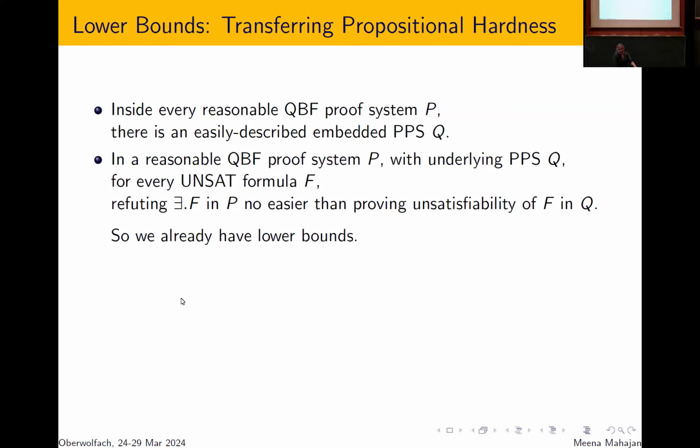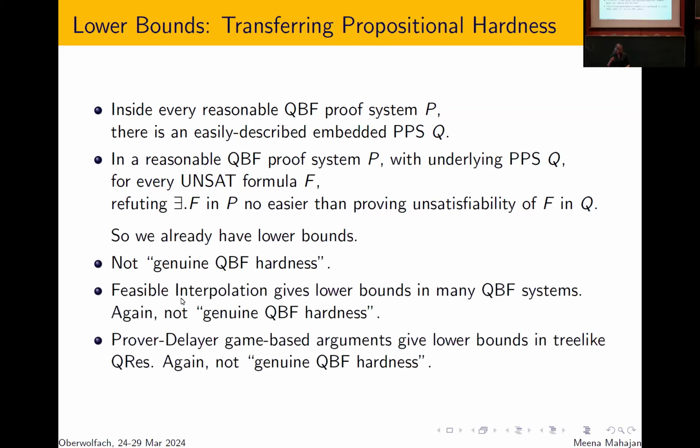Okay, so we already have these lower bounds, and in some sense, these lower bounds are not interesting. These are lower bounds which are coming from purely propositional hardness, and we want to understand where QBF is creating things that are hard. So the parts which are hard because of propositional hardness, we would like to think of this as in a real world system which has access to a SAT solver, since in so many cases SAT is considered easy, propositional answers will come for free. So that hardness I don't want to look at. I want to look at things which are hard, even if I had access to something which could answer SAT.